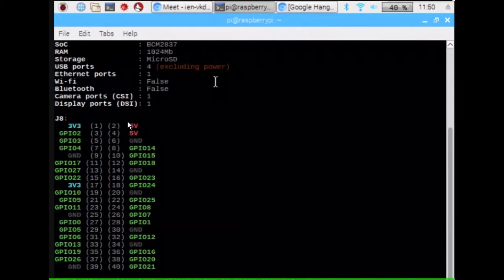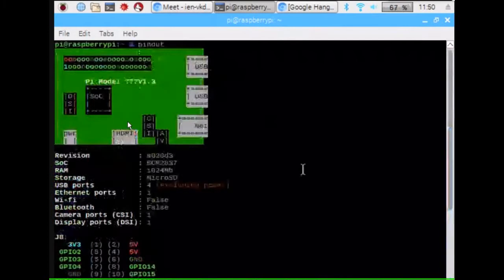In this structure, a number of things are shown, such as your Raspberry Pi structure, pinouts, USB ports, 4 ports, Ethernet cable connections, audio connection, HDMI connection, power connection, and your SoC, system on a chip.